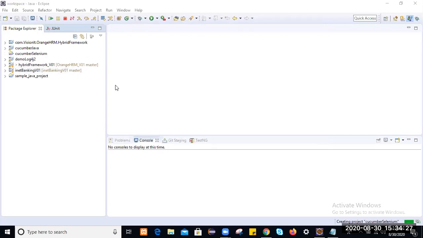Okay, it will create a Cucumber Selenium project. It has created one Maven project, Cucumber Selenium. So still it's loading. Let's wait for it to load. Every time you implement a framework from scratch, create a Maven project. Go with a Maven project, and it will be simple for you to manage your dependencies, your jars and all, or to manage your build.